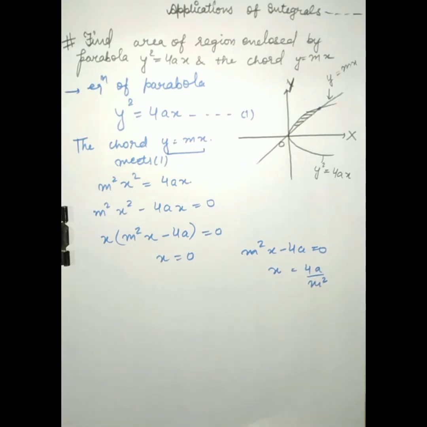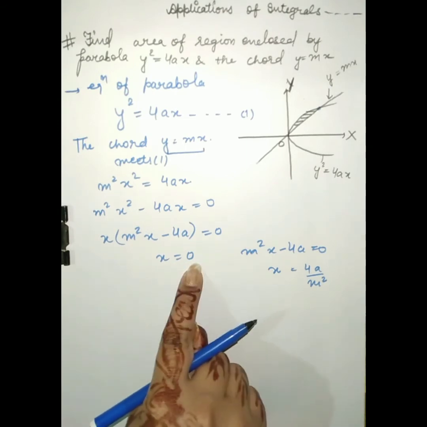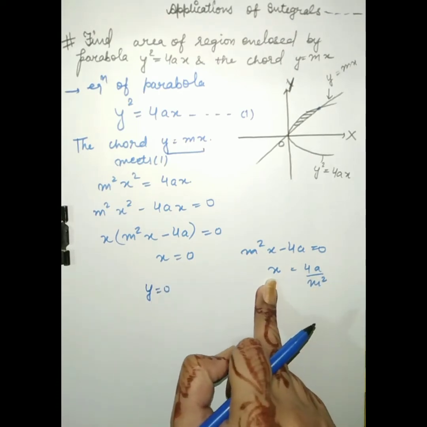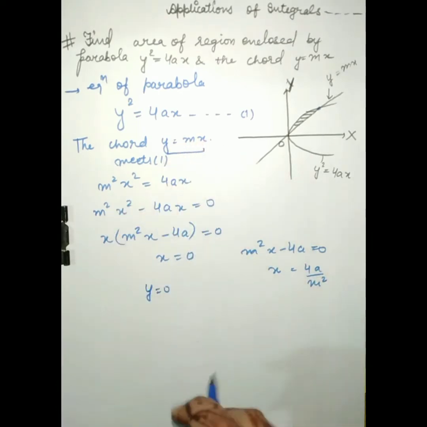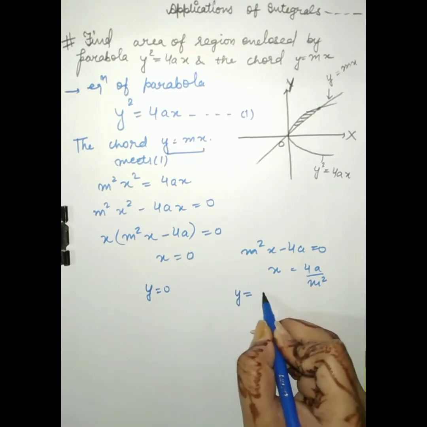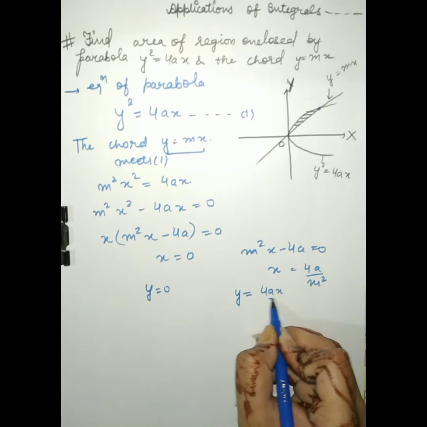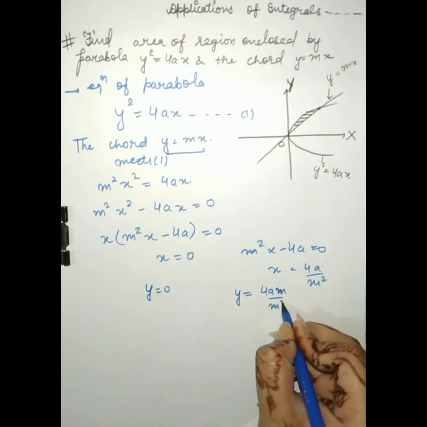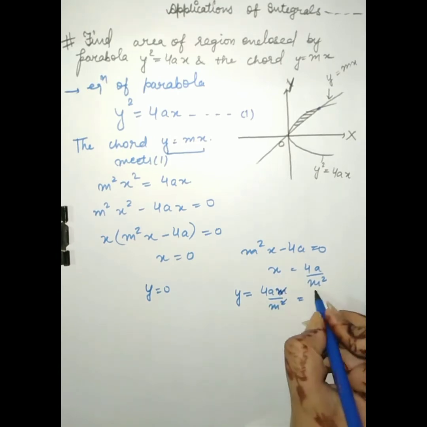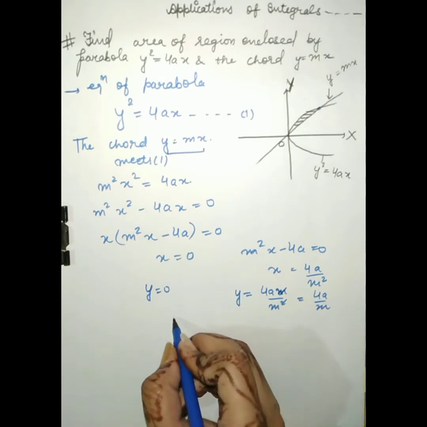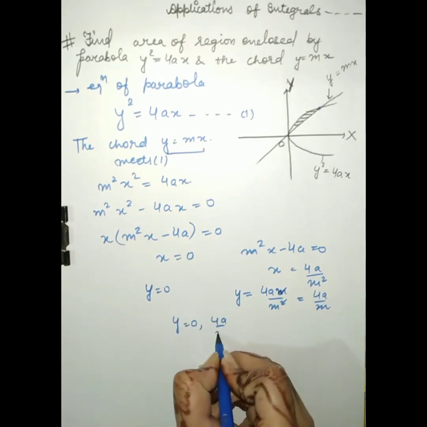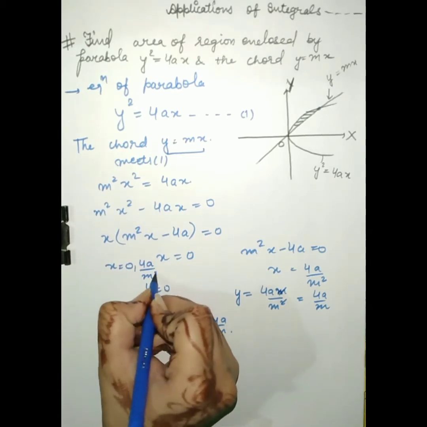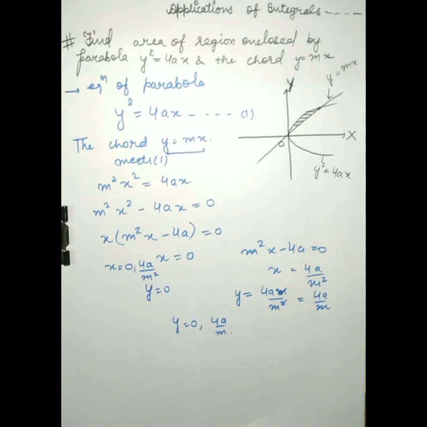So therefore if we put x equals 0 in this equation, then we get y equals 0. And if we put x equals 4a upon m square in this equation, then we get y equals 4a times m upon m square. Here m gets cancelled out and we get y equals 4a upon m. That means y becomes 0 and 4a upon m, and x becomes 0 and 4a upon m square. So these are the values of x and y,